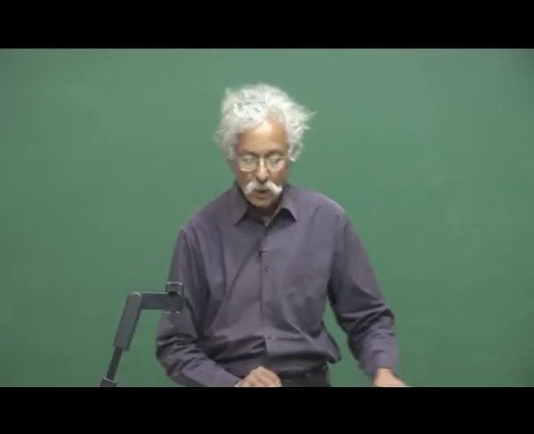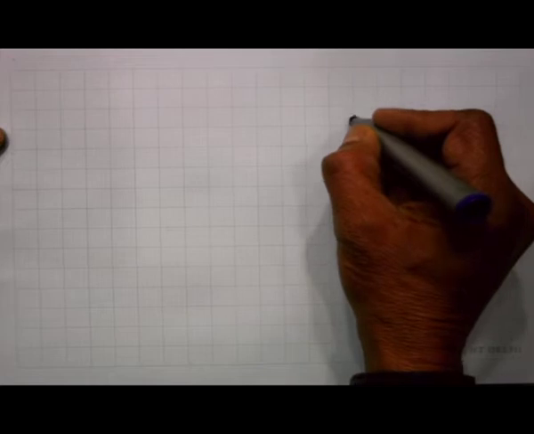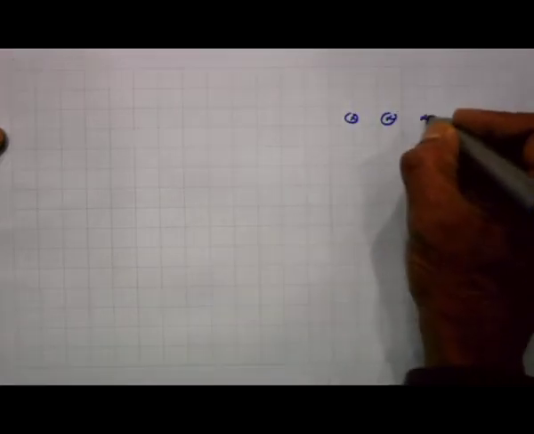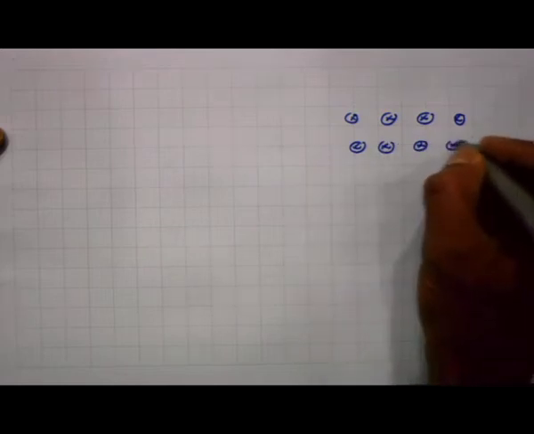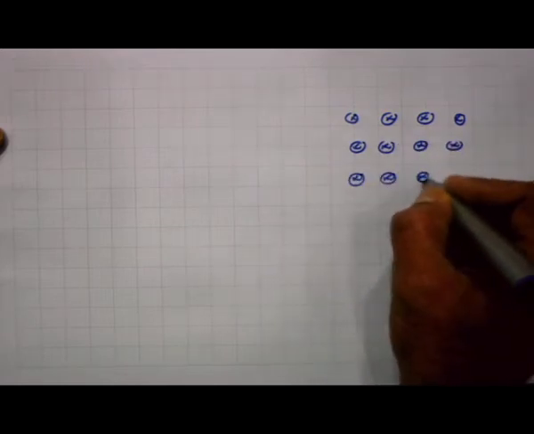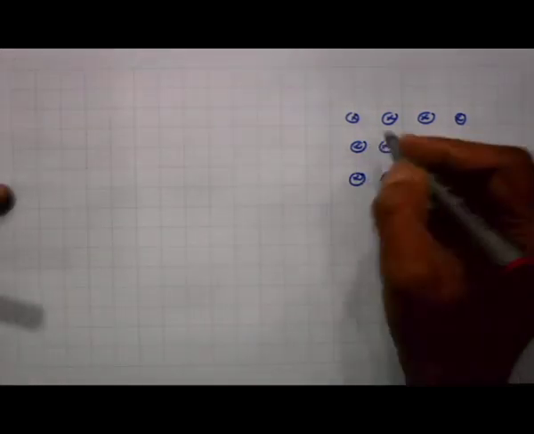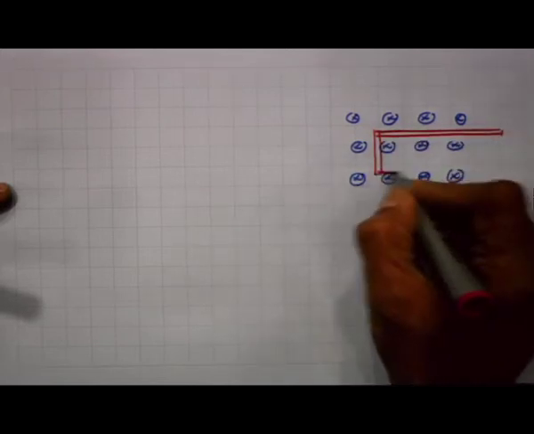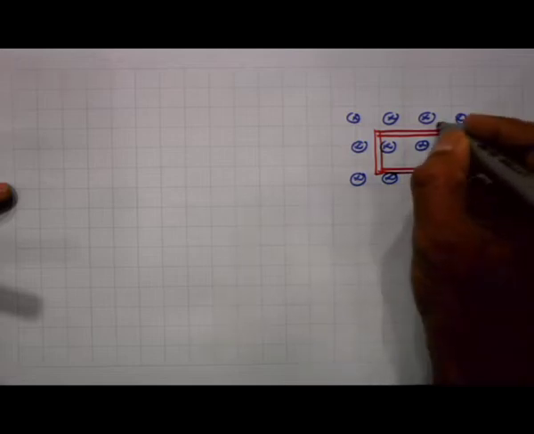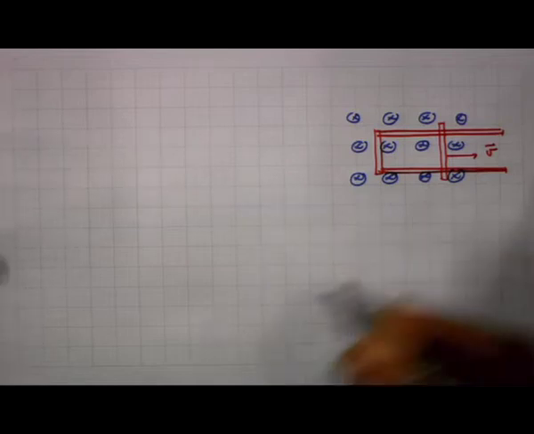So, we are looking at one example just as we finished the last class, and the example was the motional EMF. If I assume a magnetic field pointing downward, and if I consider a fixed conductor placed like this, and there is another conductor on this which is moving to the right with a velocity v, then we found